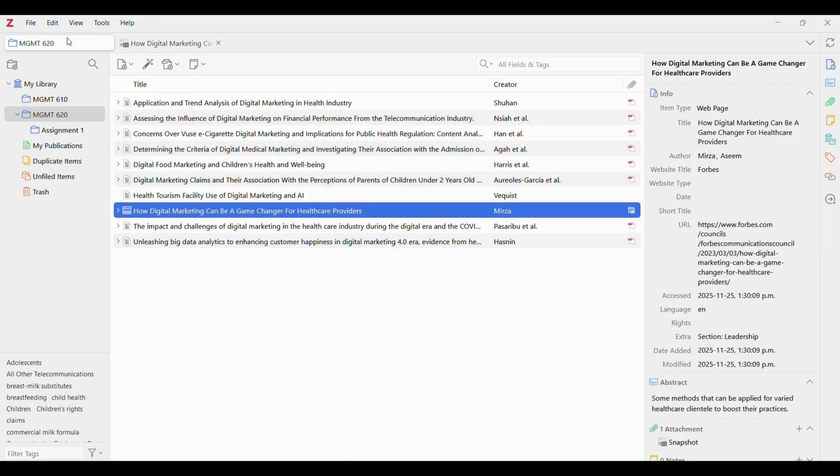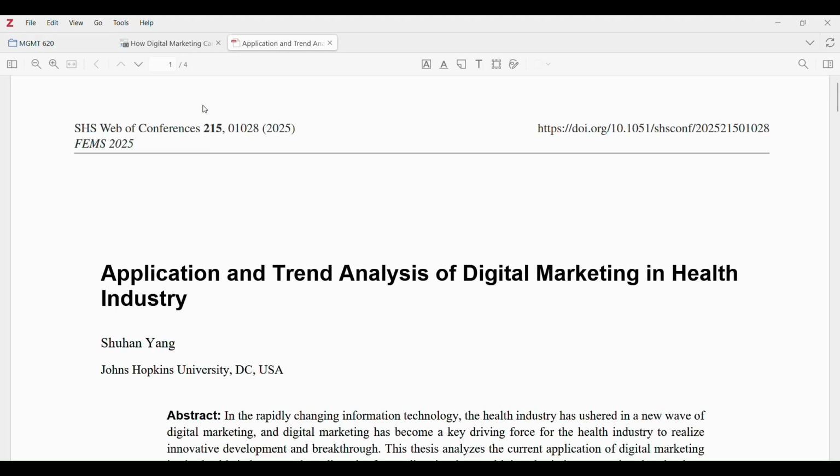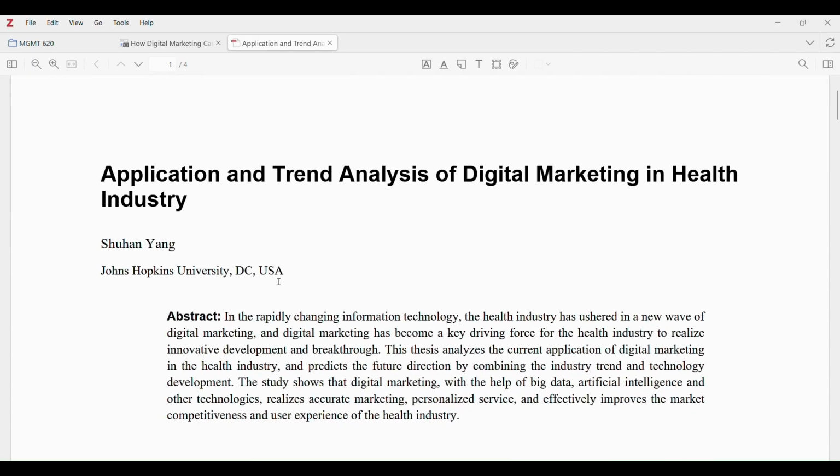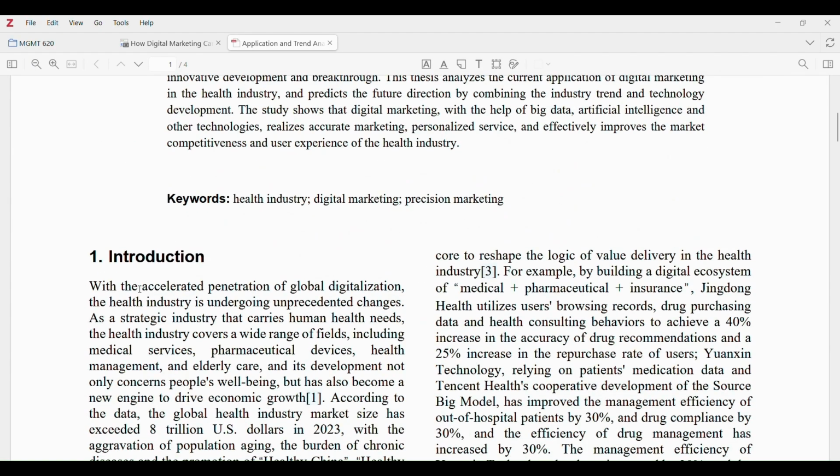And so when we look at our attachments in Zotero and work with them in Zotero, we can use them very similar to how we might read any type of PDF using things like Adobe or any other PDF reader. I've just opened here one of the journal articles that I brought in. And so you have the opportunity to engage with this by highlighting. You can also create notes and underline and do many of the other features that you can with PDFs and